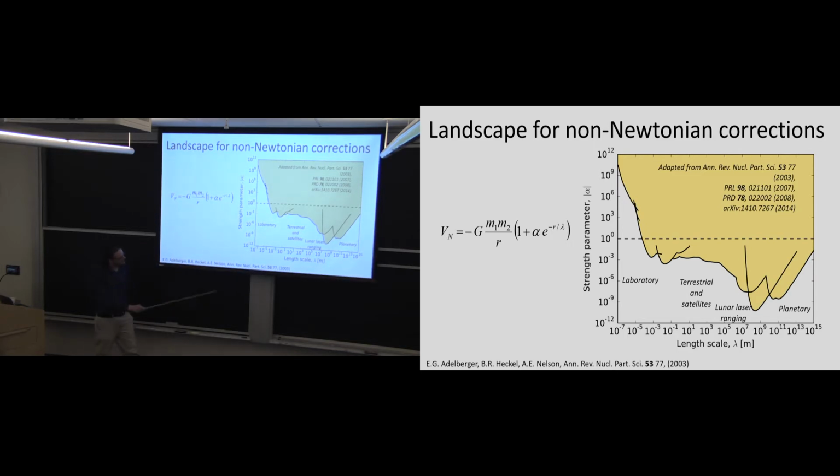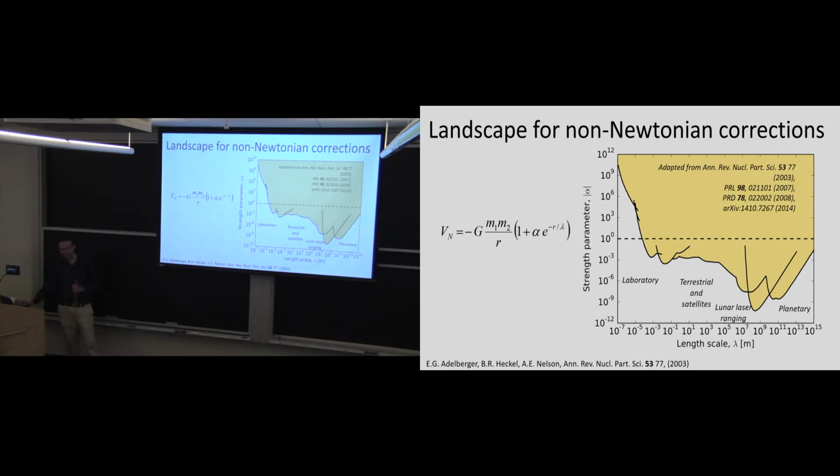However, if you look now on the left end of the plot at laboratory scales, you'll see that one could actually reverse the exponent here, and that at a length scale of a tenth of a micron, you could have an interaction here that's 10 billion times stronger than gravity, and yet there'd be no experimental evidence which would otherwise conflict with that. And so the reason it's difficult to put bounds on these potentials at short distances has to do,